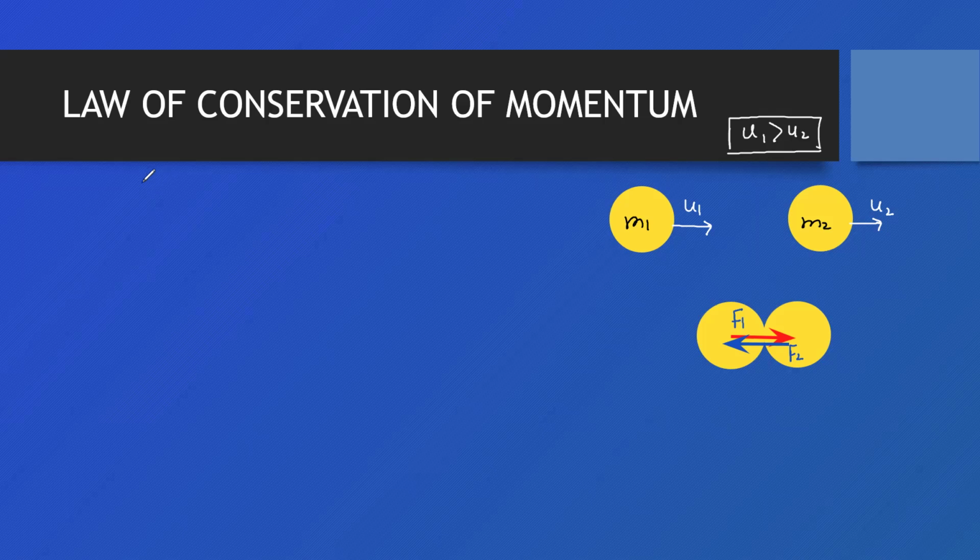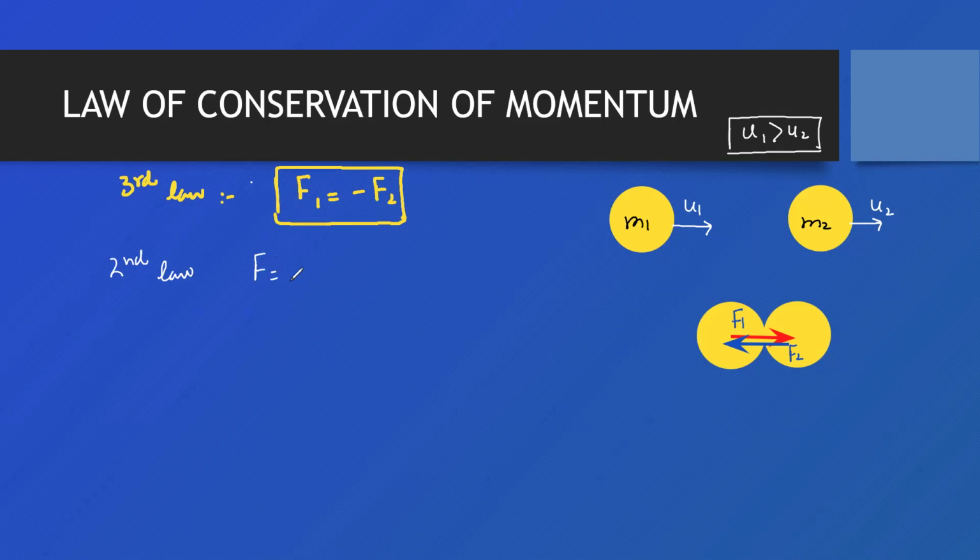How do we know they have the same magnitude? According to Newton's third law of motion: for every action, there is an equal but opposite reaction. So we would say F1 is equal to F2, but with a negative sign. The negative sign indicates the direction, that F2 is acting on object number one in the opposite direction. Now bringing in Newton's second law as well,